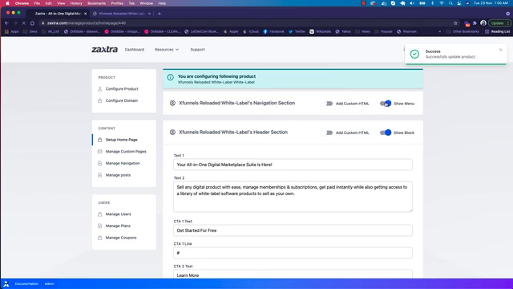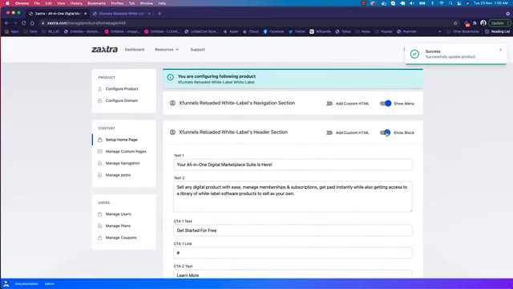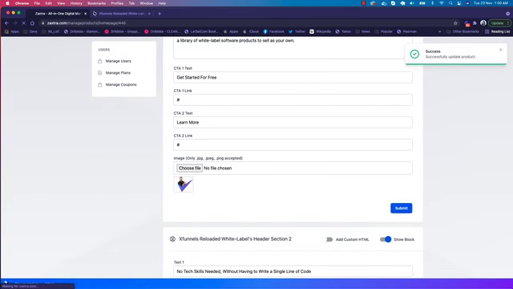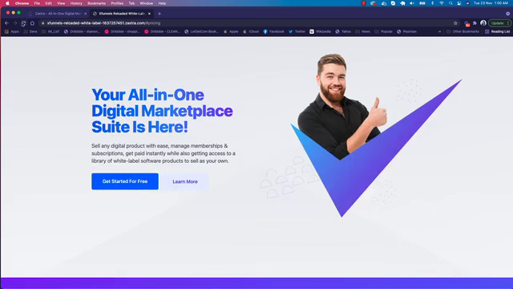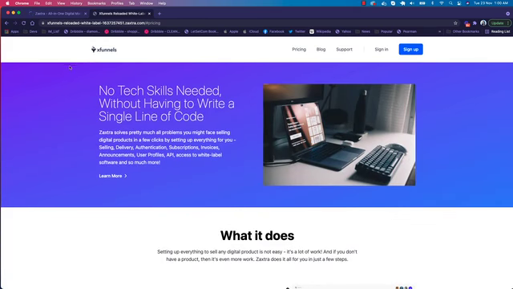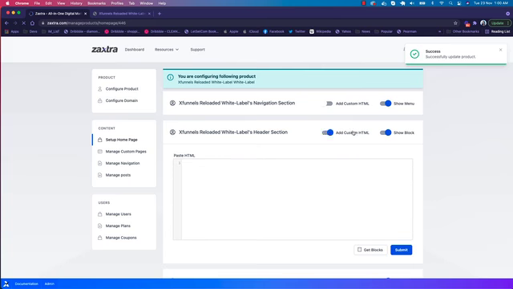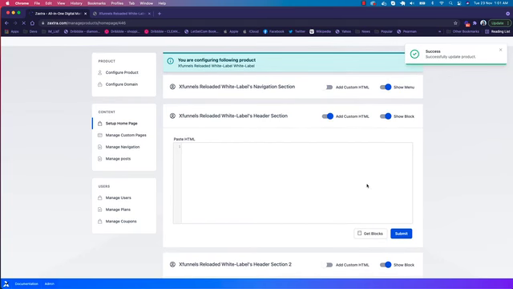Now you can actually just show it again, and you can just hide this block and click on save. If you come back again and refresh this page, you see the block has been hidden. Now the bar is activated, so you can hide and show any content on the sales page. Plus, if you want to add your custom HTML, you click on add custom HTML.